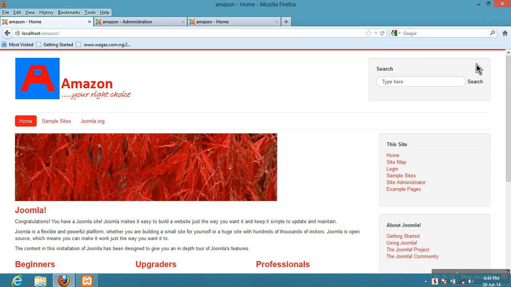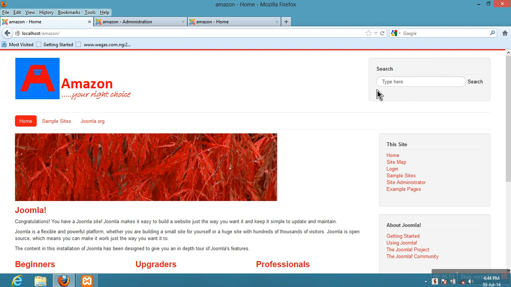Okay, that's what happened. It simply made it look like these other modules. If you're okay with it this way, fine. But for me, I'm not okay with it. I want it to just be plain. I want my search module to be plain. So all I simply will do now